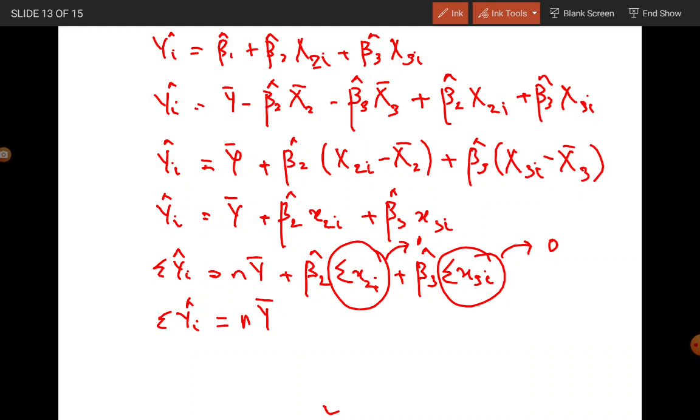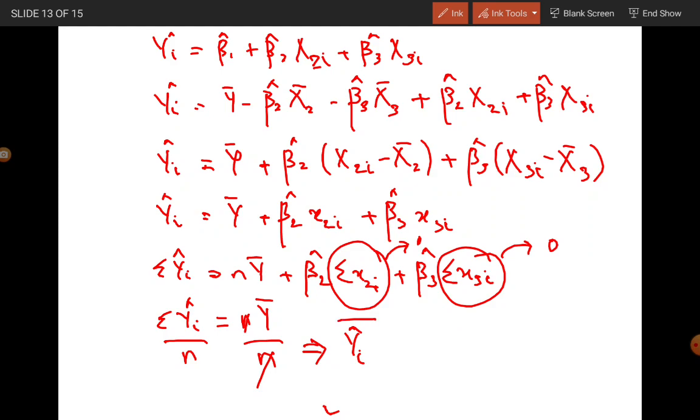Now if I want to find the mean of yi hat, I need to divide the sum of yi hat by n. So if I do that on the left hand side, I should also do that on the right hand side. So on the right hand side, n and n cancel, and